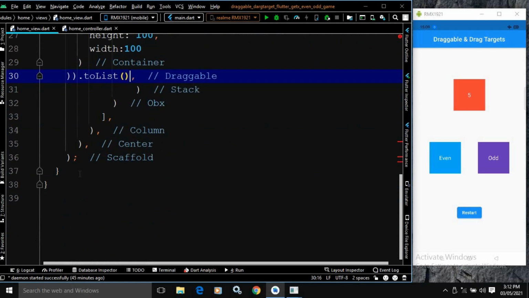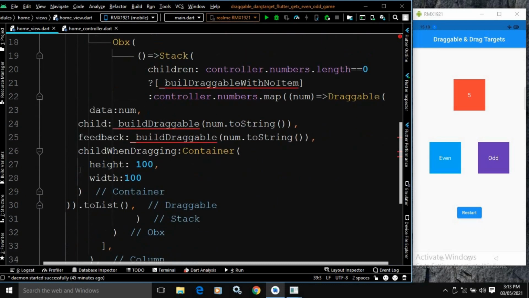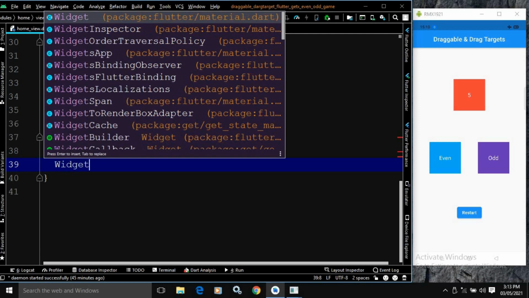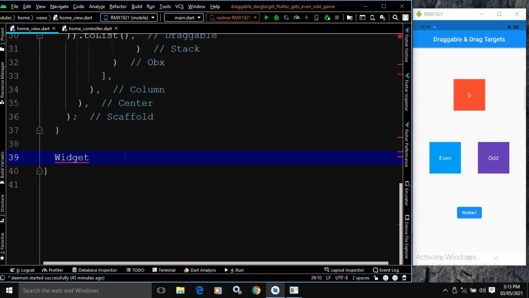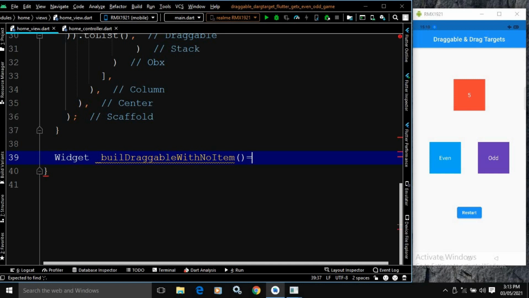Okay, now let me move downwards. Here I will create the method buildDraggableWithNoItem. So let me create it, Widget. Let me copy the method name, paste it here. Okay, and what it will do, it will return a container widget,